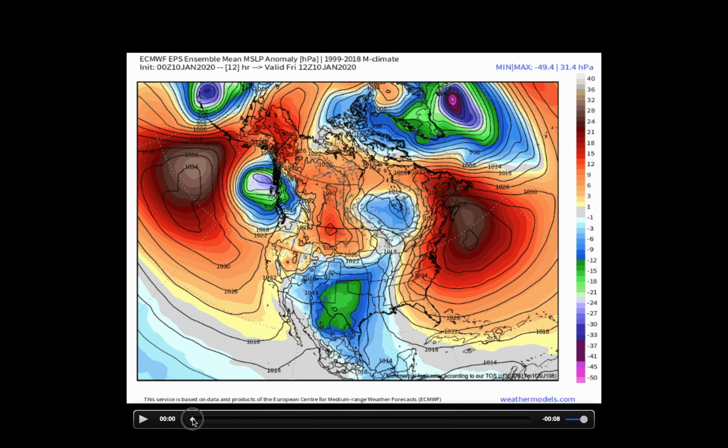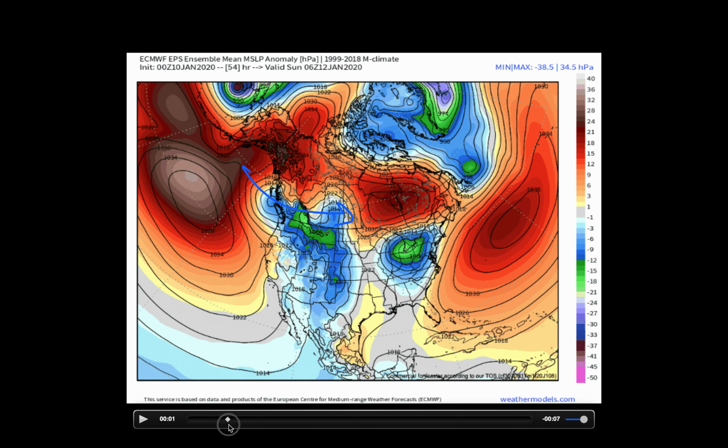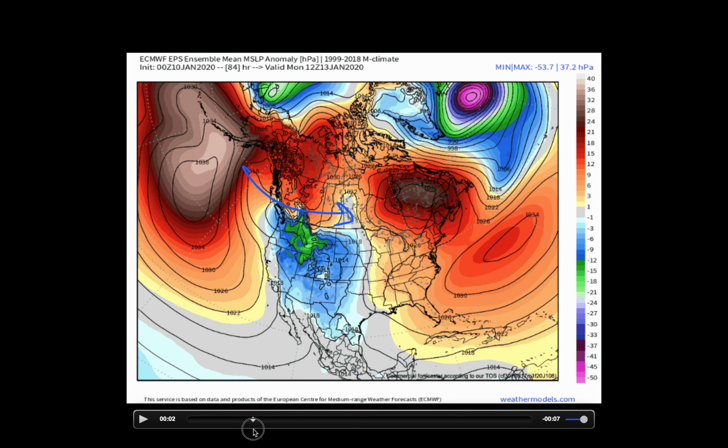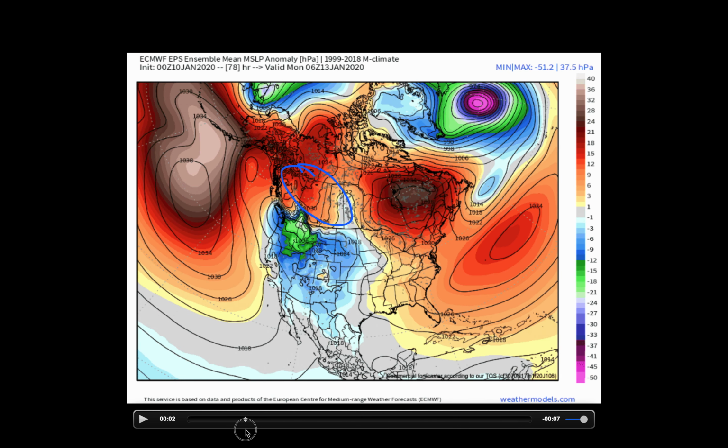We're looking at surface level pressure anomalies, watching this first wave. This is the one that brings the snow Friday through Sunday, sneaking through the prairie. After it does so, there it goes, it exits. We watch this area of high pressure begin to settle in and kind of deflect storm systems off to the